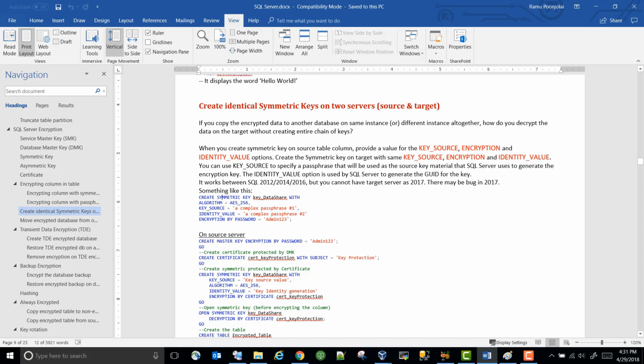What we said was, create symmetric key with some algorithm encrypted by certificate, because we have encrypted using SMK, DMK, and then certificate, symmetric key, and things like that. That's a chain we follow. But now we cannot copy the certificate, we cannot copy the DMK, so you cannot follow the chain. You have to break somewhere. You have to create a different symmetric key, but not going to use the same GUID. Okay, so what you can do is